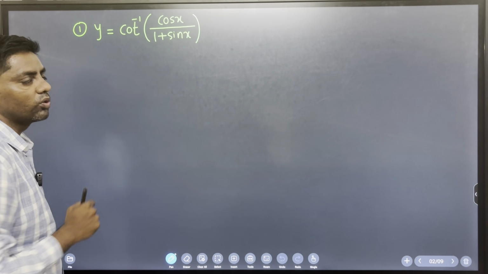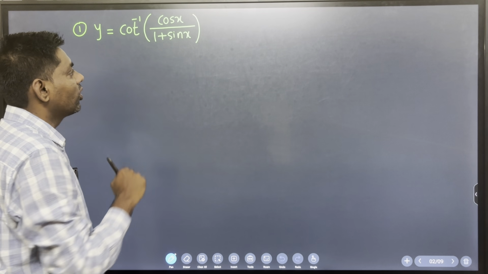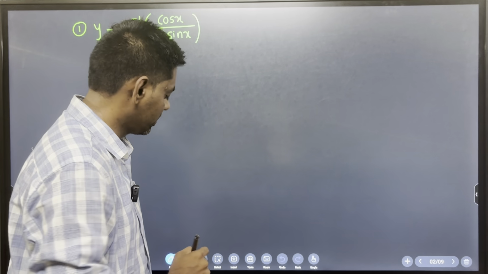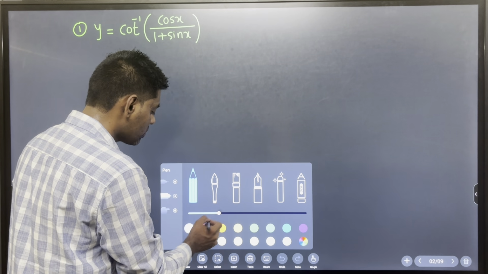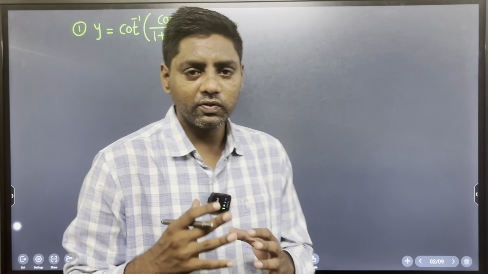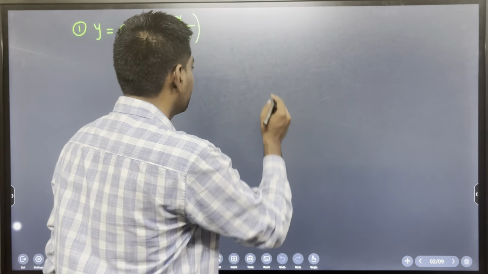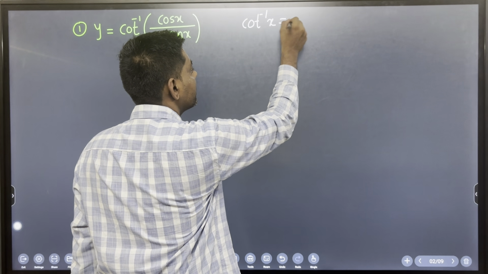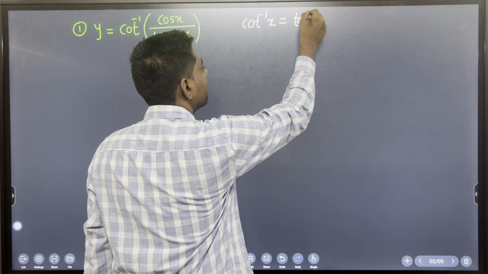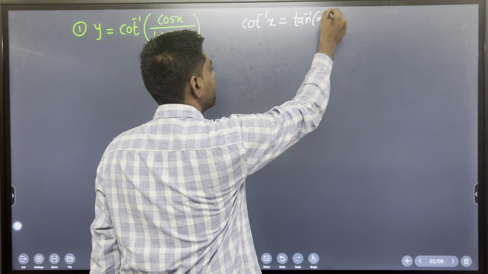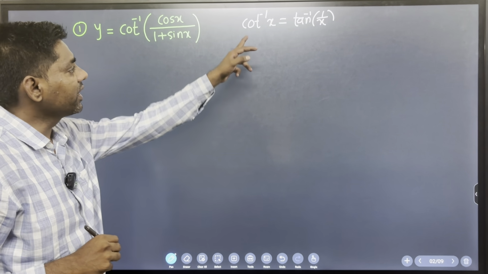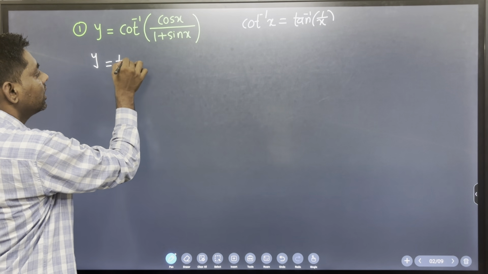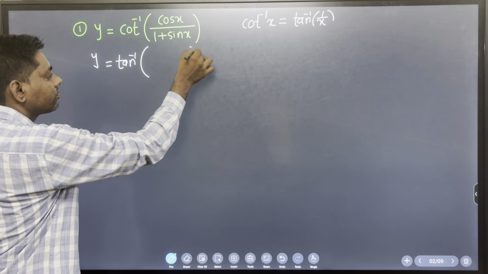Here y equals cot inverse of the bracket cos x divided by 1 plus sin x. Remember the first and most important property: what is the reciprocal of cot inverse x? Remember the formula: cot inverse x is equal to tan inverse of 1 divided by x. By applying this formula, we get y equals tan inverse of,